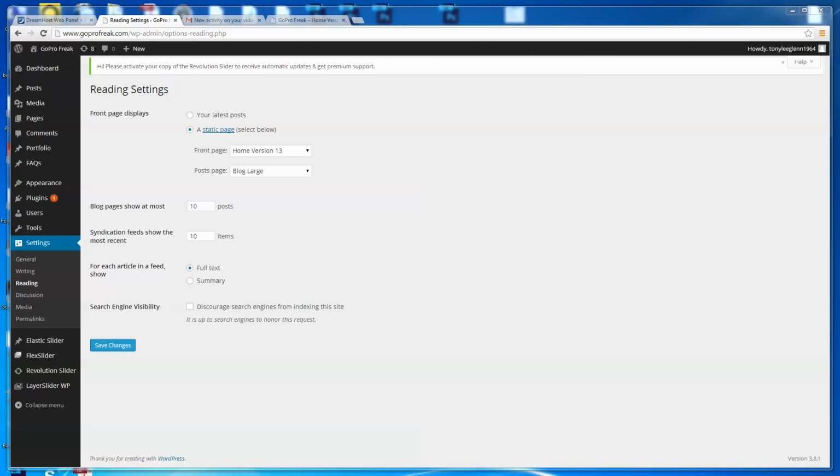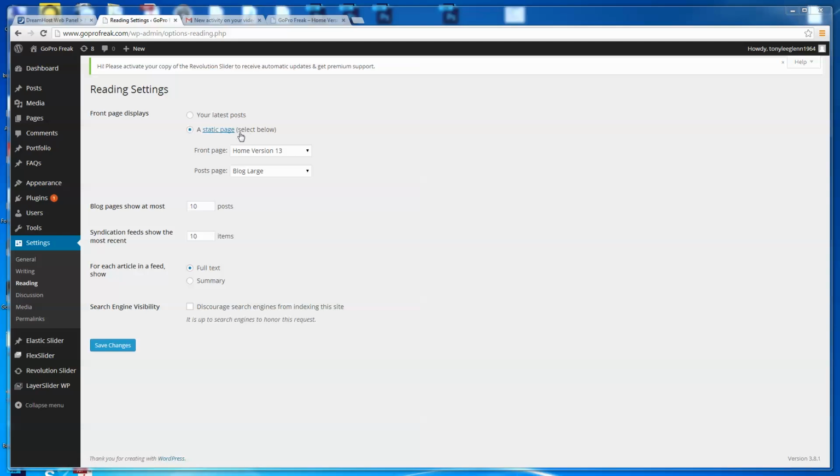Okay, so folks, I'm back. And I've gone over here to settings and the reading settings. And if you want to select a home page or make a home page for your site, you generally have to go here to this reading setting and choose a static page rather than your latest post. You know, WordPress is set up originally to be a blogging powerhouse type program, and it is that. But a lot of people like to use WordPress now as their CMS, their content management system,